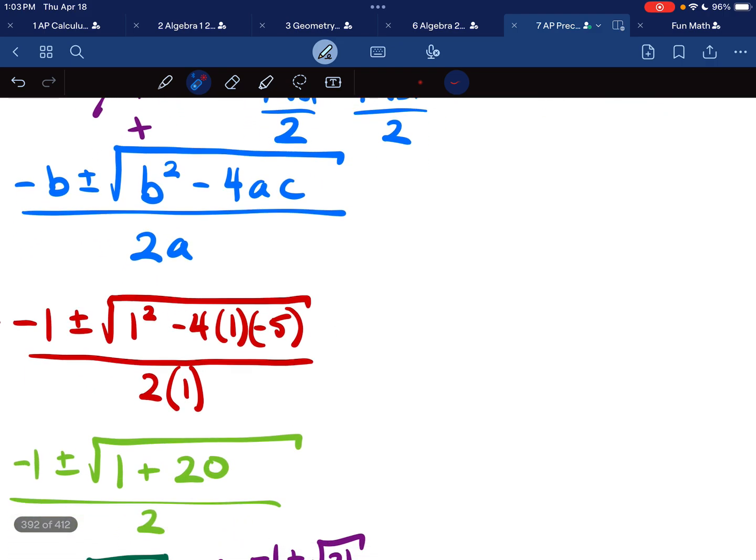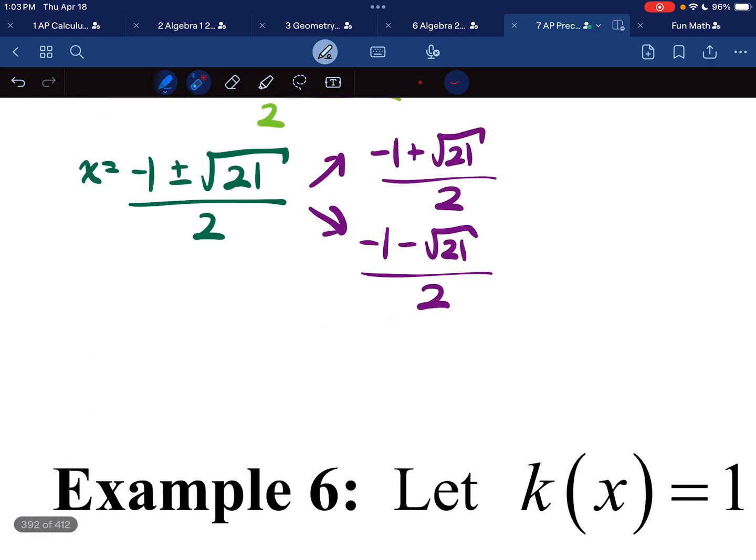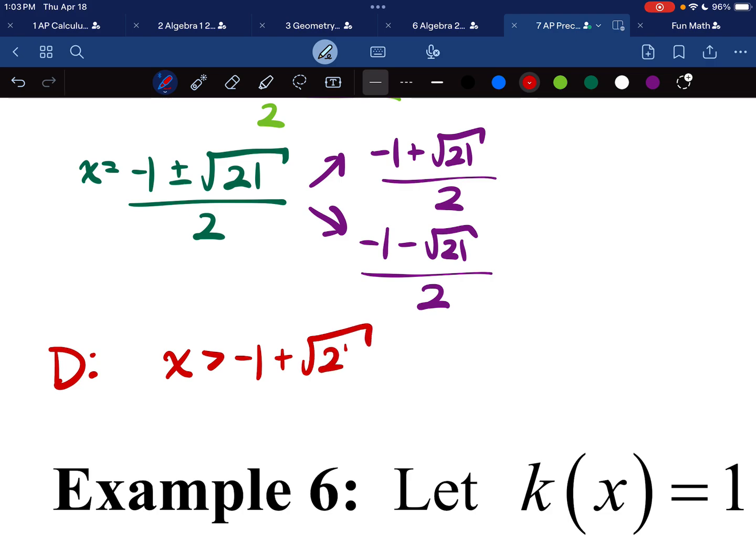Okay, but these distances need to be greater than 0. So I need to say my x values for my domain. It's disgusting, but there it is. My domain values for that function: x has to be greater than negative 1 plus root 21, all over 2,